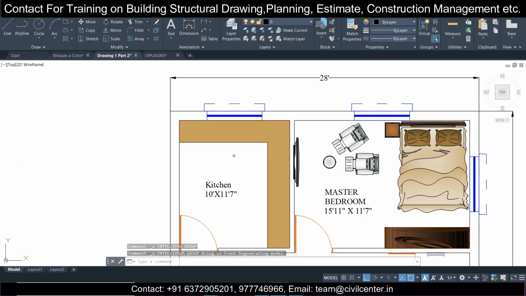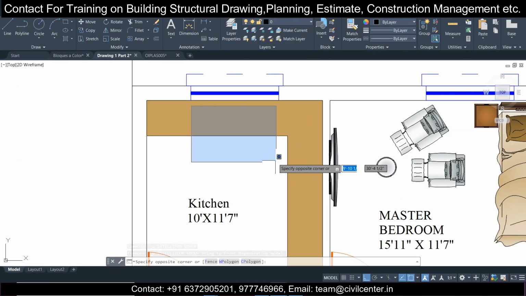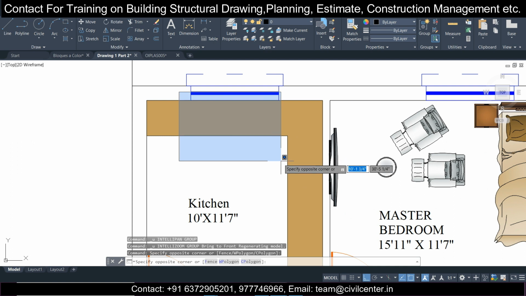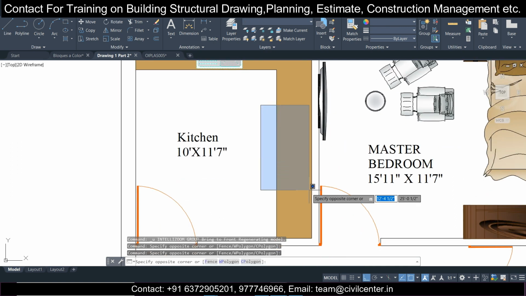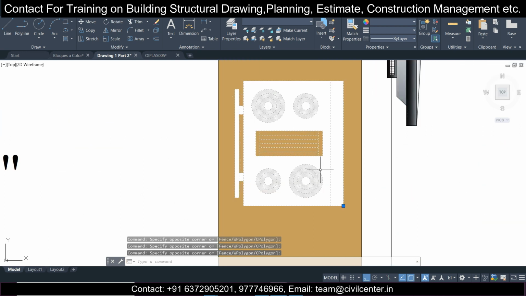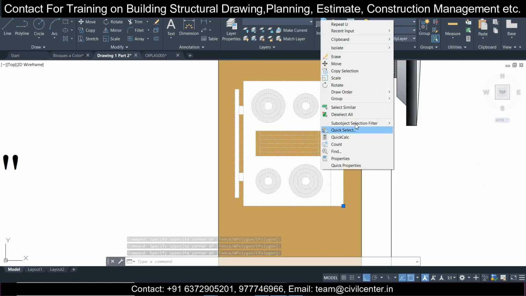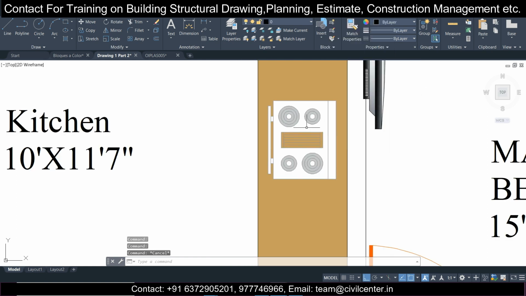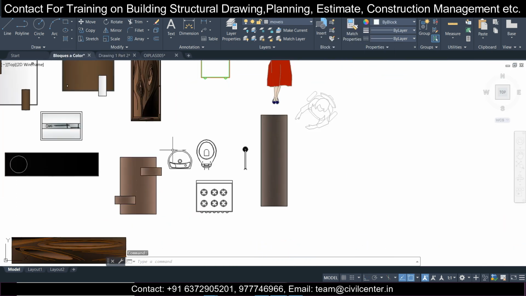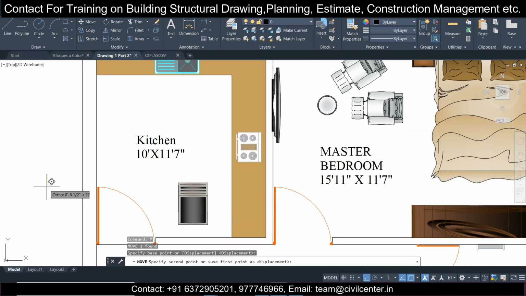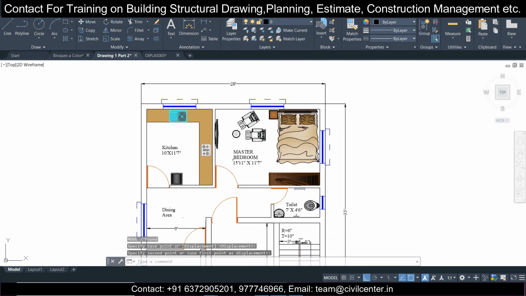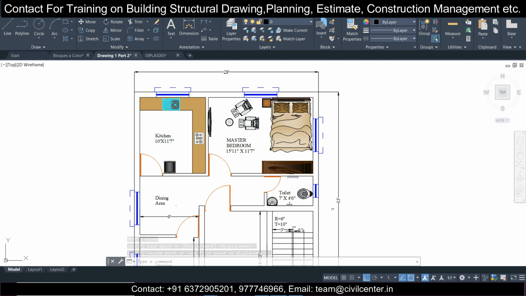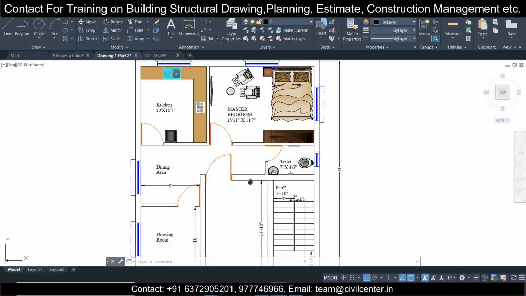Now for making the sink and gas visible again, select the sink and the gas, then draw order, bring to front. Like this you can do. So like this you can place your kitchen components, and after that we'll place the remaining components also.